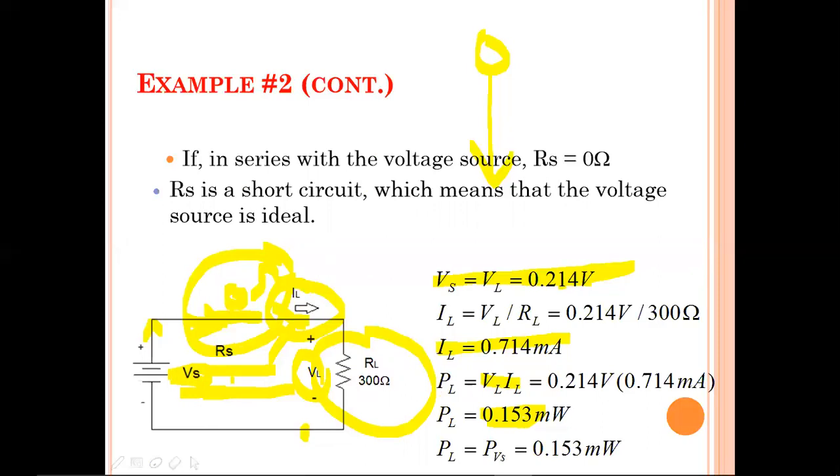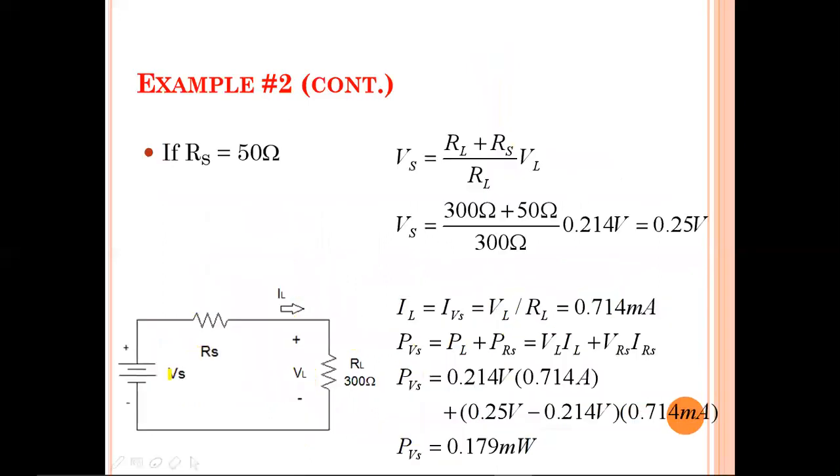That is the reason, if there is no internal resistance, the total voltage is going to be consumed at the load. But this is practical, this is not possible. That is the reason I'm going to be taking some other condition. This is condition number 2, means case number 2. In case number 2, instead of Rs equal to 0 ohms, I'm going to be taking 50 ohms. While I'm taking the 50 ohms, how are VL and IL going to be affected?